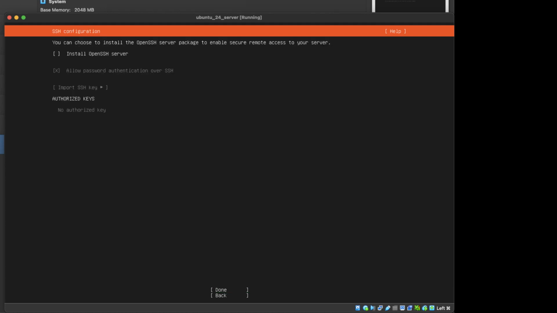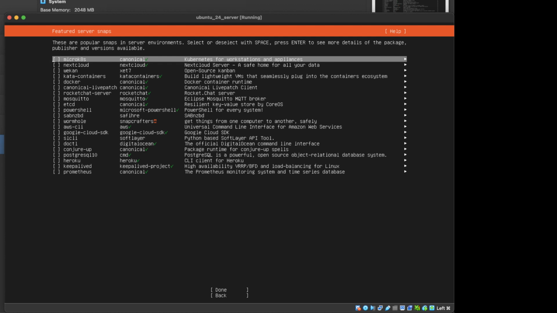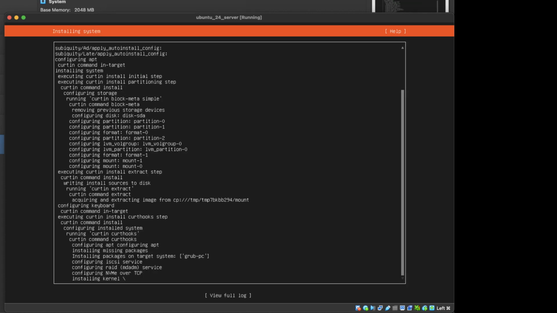We don't need Ubuntu Pro. We will definitely want the OpenSSH server, and we can click done. Now, there are a wealth of packages that I could add in here. It's interesting to see that they have included within this shortened list Microsoft PowerShell. So PowerShell 7 is now available for Linux. But we also have a lot of our cloud tools, such as AWS and Google Cloud. We have DigitalOcean tools being available here as well. But I'm just going to leave this blank and choose Done.